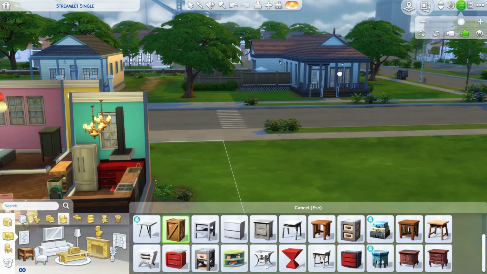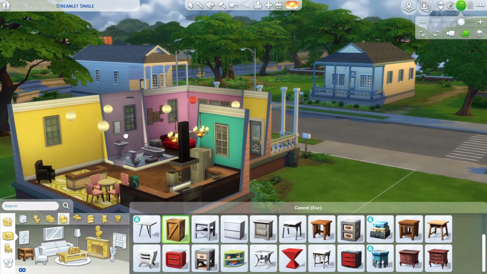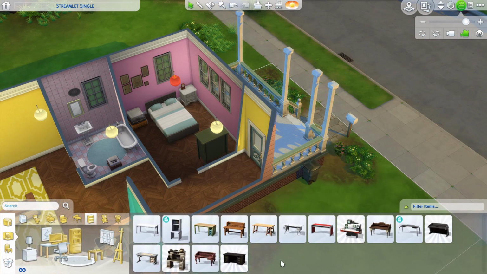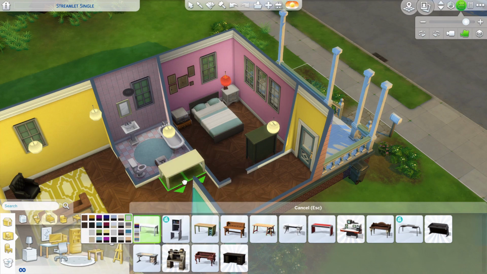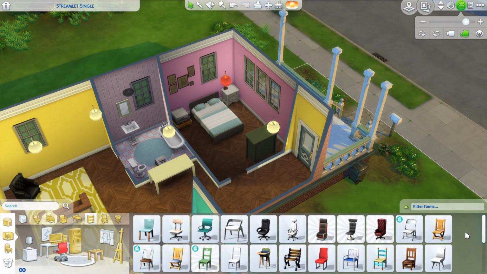So let's see, what did I do now? What's this? I don't even remember. It's a crate. Oh, yeah. I think at this point I chose a desk. Oh, sorry guys, I'm kind of tired. I think I chose this simple one, the white and simple one, and then